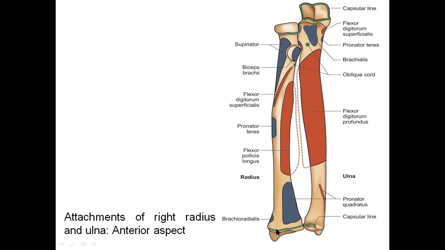And the lower projection from the lower end of the radius, this point is called the styloid process. And if you observe the ulna bone correspondingly, we have the head in the lower end and this nipple-like projection is the styloid process. Both are named as styloid process. This is the styloid process of the radius bone. This is the styloid process of the ulna bone. If you observe, they are not in the same line. In fact, the styloid process of the radius is a little lower in position when you compare with the styloid process of the ulna.